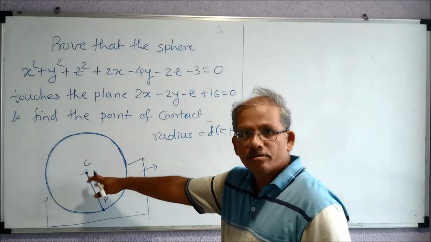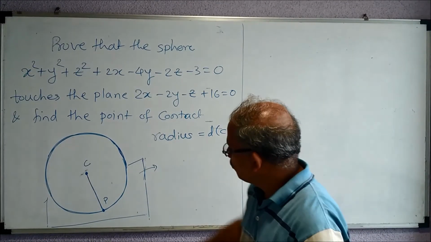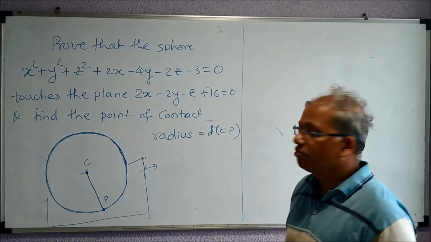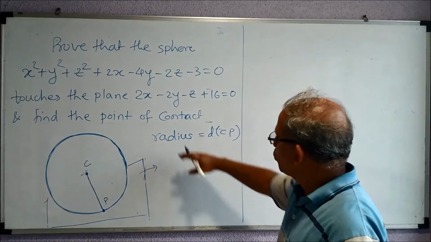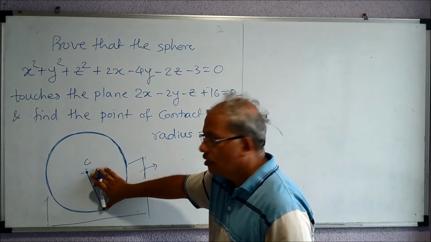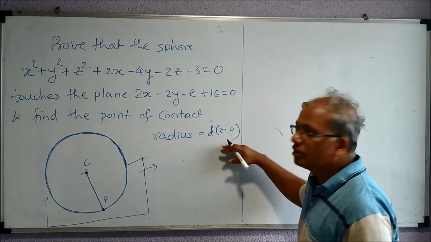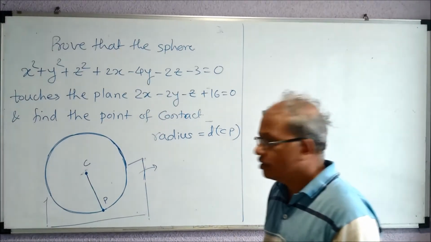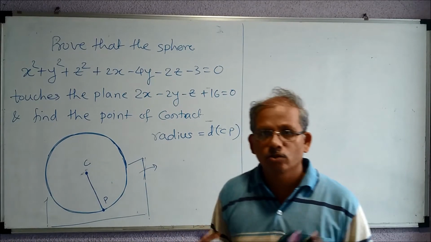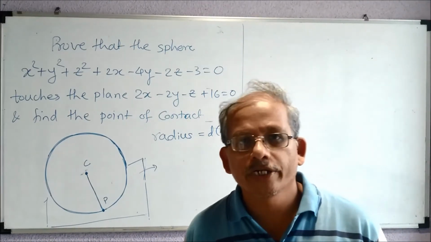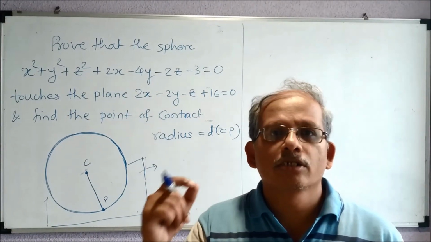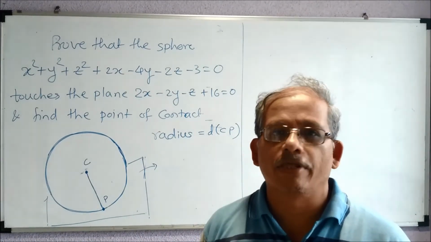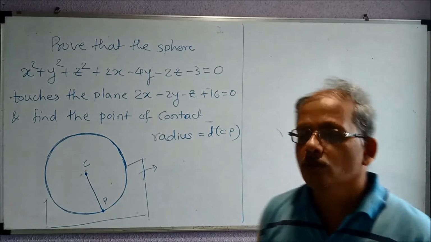So here I have made a rough picture. C is the center of the sphere. We can calculate the radius now and the coordinates of C. So the plan is we will show that the radius is equal to the distance Cp. Now what is this distance Cp? This is the perpendicular distance of this point from the plane. So remember this. And you already know how to calculate perpendicular distance of a point from a plane. That formula you have already done in 12th. Fine, so we will go with that.